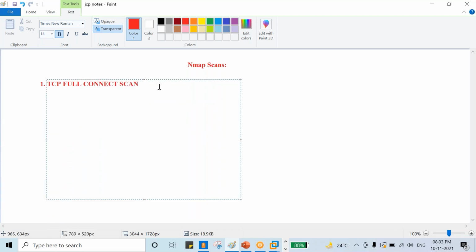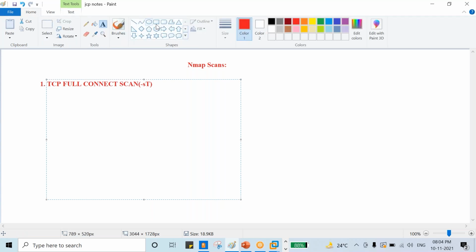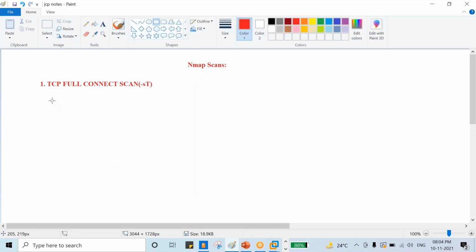The syntax of the TCP full connect scan is -sT, with a capital T. In this type of scan, what will happen?